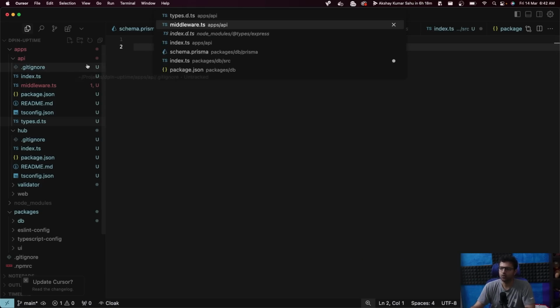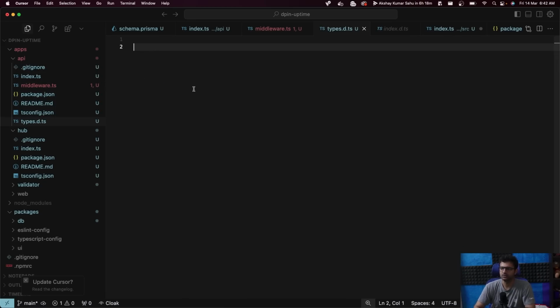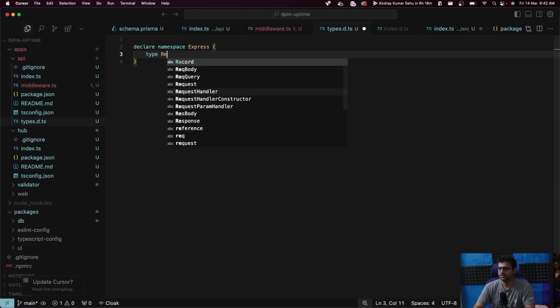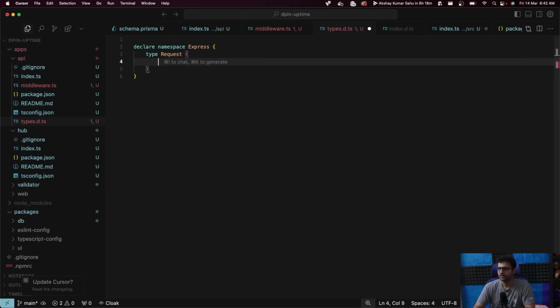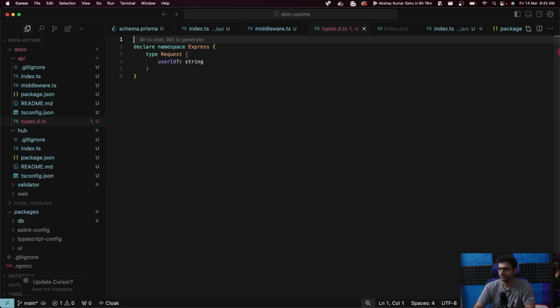And here we need to override the request object that you see over here. This request object needs to be overridden. We need to tell TypeScript, okay, express sure returns something, but we're going to add something on top of it, specifically a user ID field. So declare namespace express, type request is going to have a user ID field, which will be an optional string, or interface request. Yeah. Adding this, what we're saying is, okay, in the express namespace, the request type or the